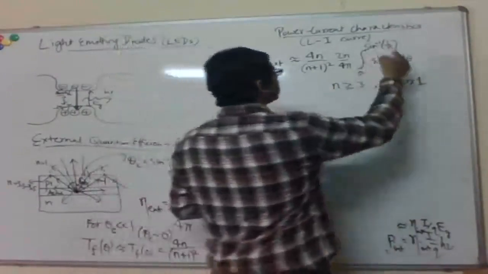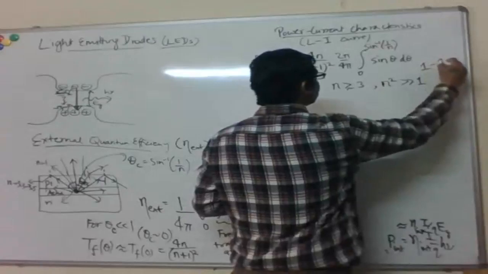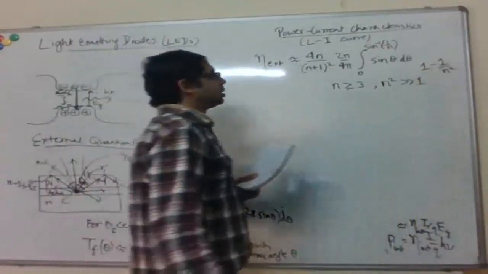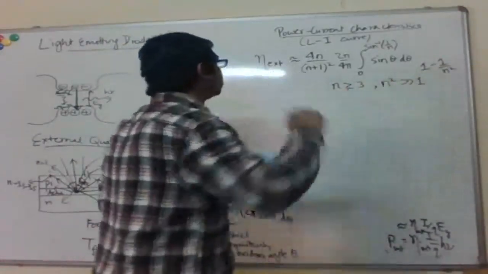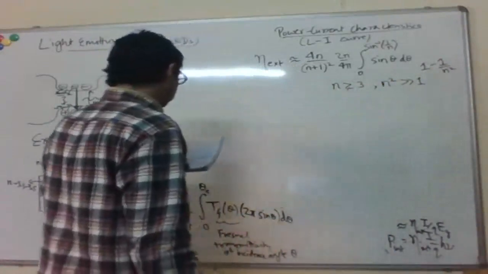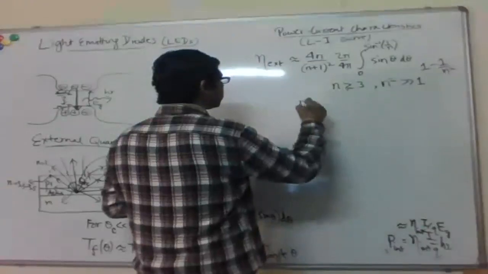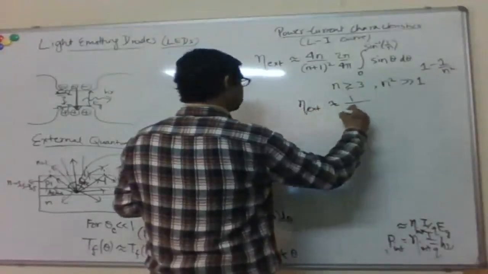So for cosine theta you'll get something like 1 minus 1 over n square, right? So you can neglect this 1 over n square with respect to 1. Okay, so this expression just ends up being